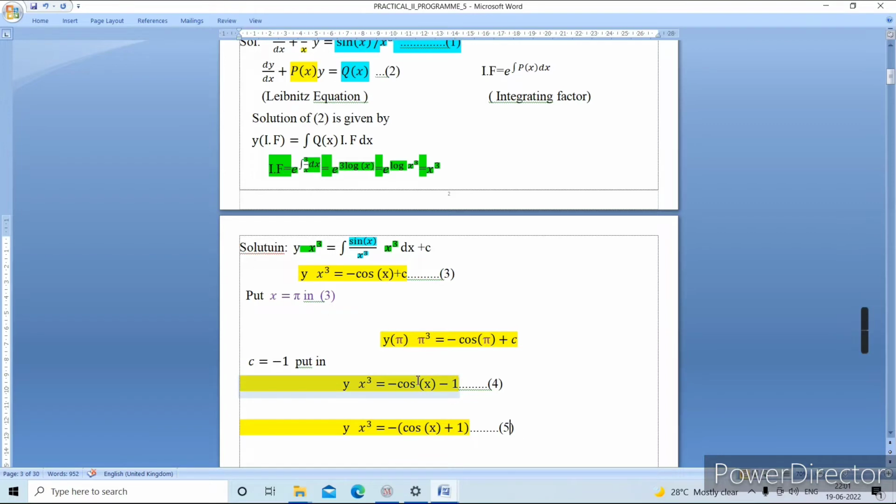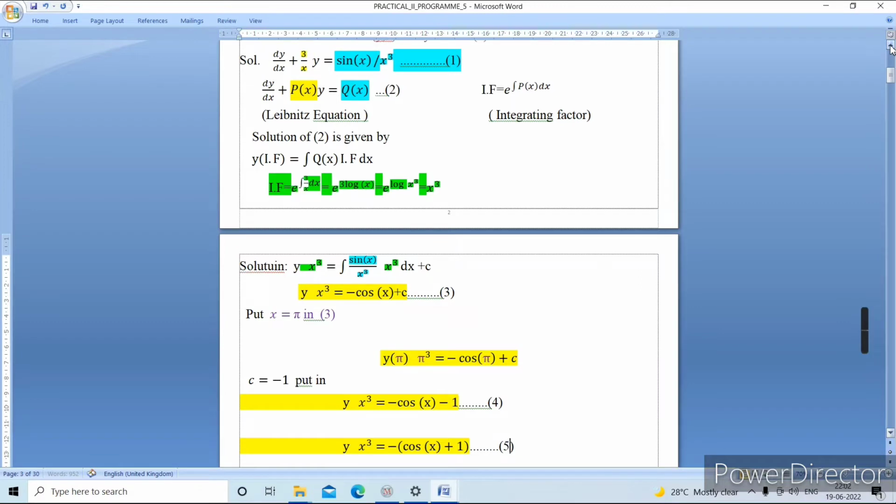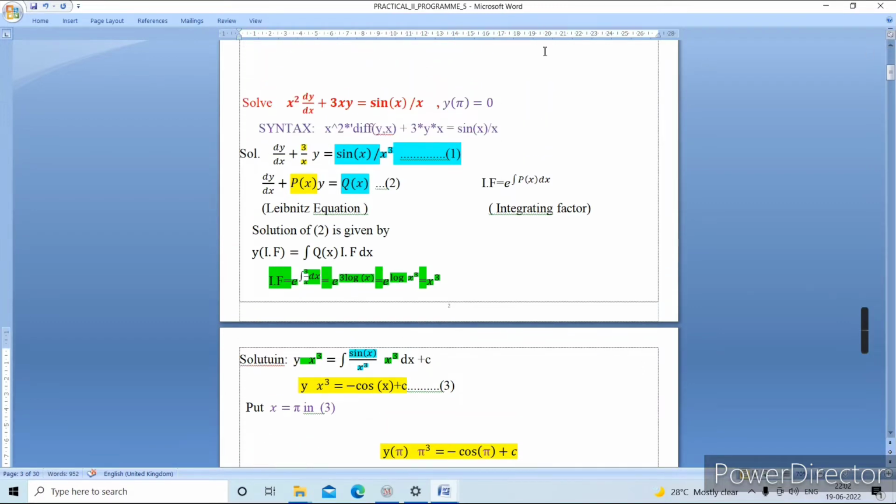As I told, we have to use ODE2 functions, inbuilt function in MAXIMA software. So how to do this? First you will enter the given differential equation, which I already told you the syntax. Look, x power 2, so you will write x. This is on the key 6. Shift and press 6 key, then you will obtain the